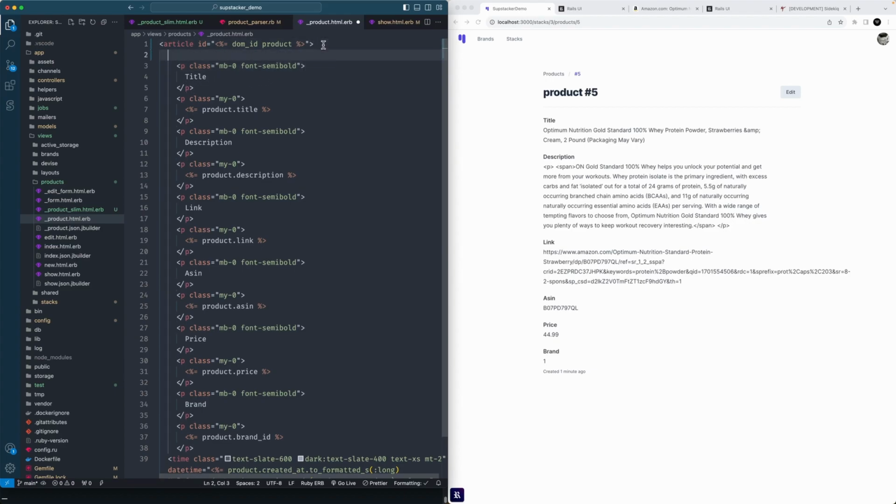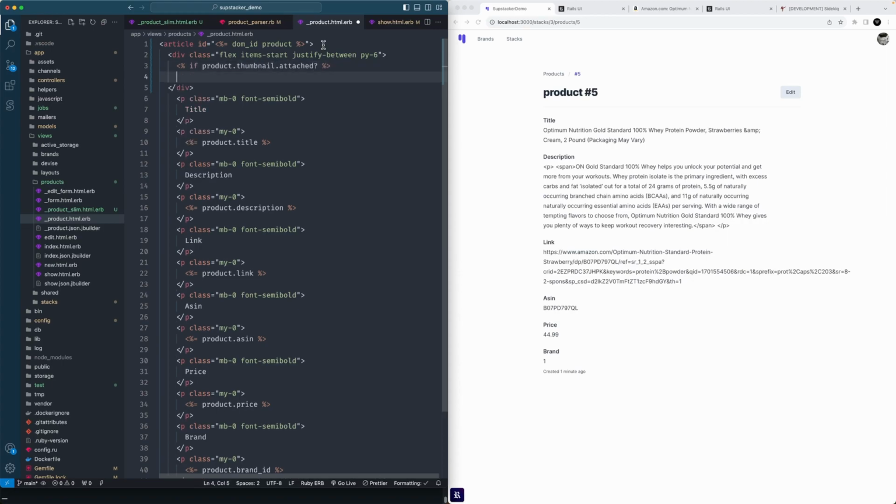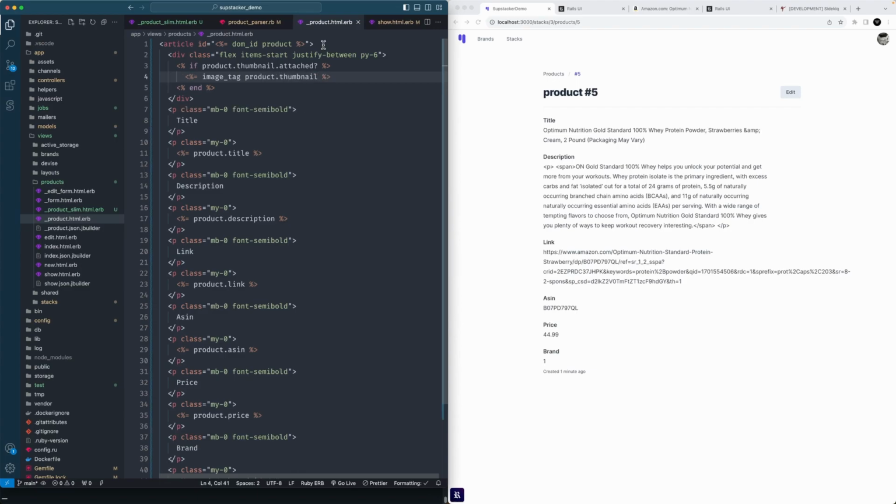So let's do, if the product thumbnail is attached, we'll do a flex items-start, justify-between, py-6. And we'll do similar if product. This won't look very good, but I'm just getting it to look a little better than it does. So the image tag will be product thumbnail. And below that, we'll say